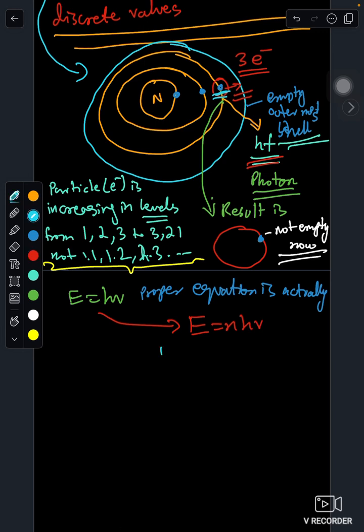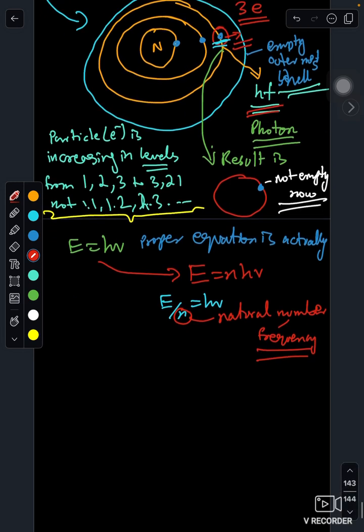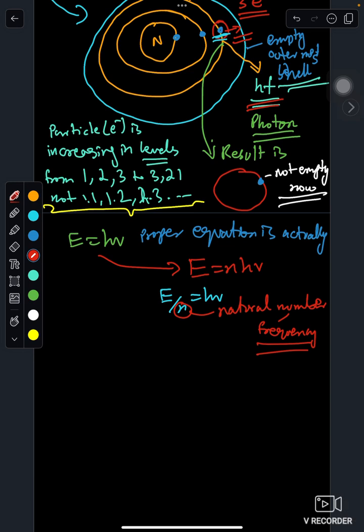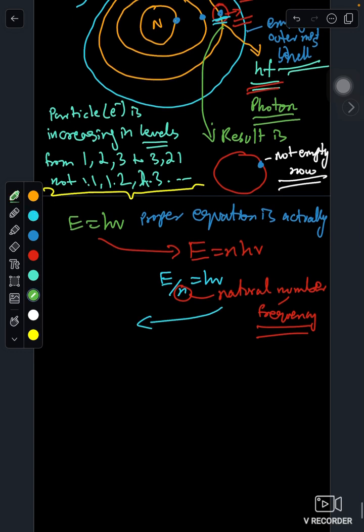If we rearrange it, E over n equals hv, where n is a natural number of frequency. After that, we can combine this with another concept, that we can calculate